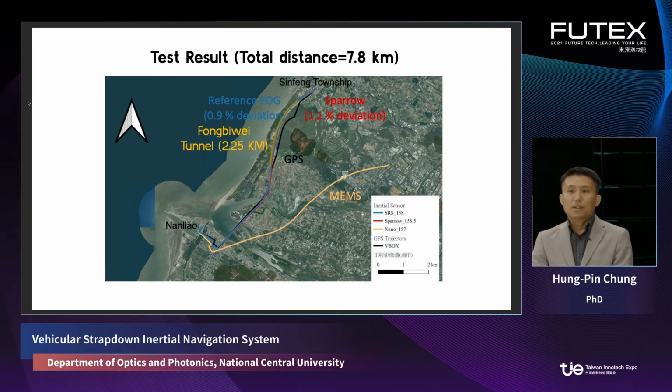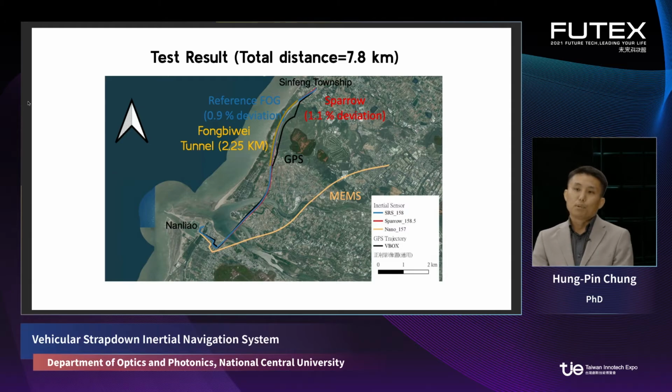You can see it has already deviated around 4 kilometers since Nanyang. However, you can see the black curve, which is provided by the GPS V-bus signal. Because in the tunnel there is no GPS satellite signal, the position and orientation will drift after the vehicle enters the tunnel. However, the